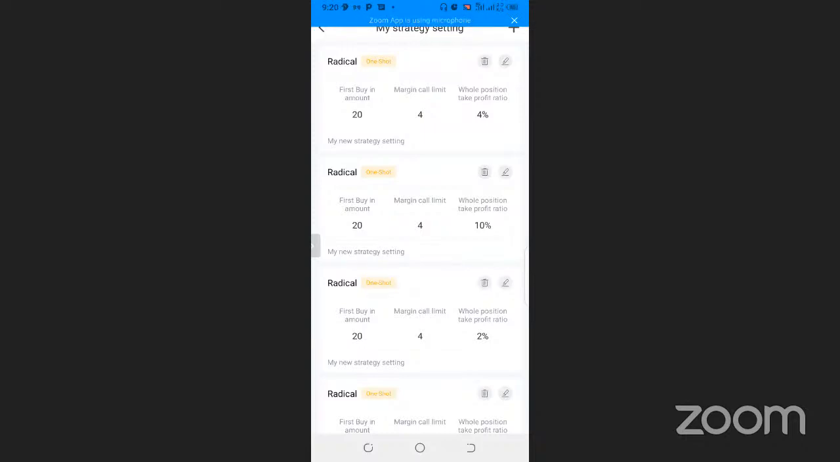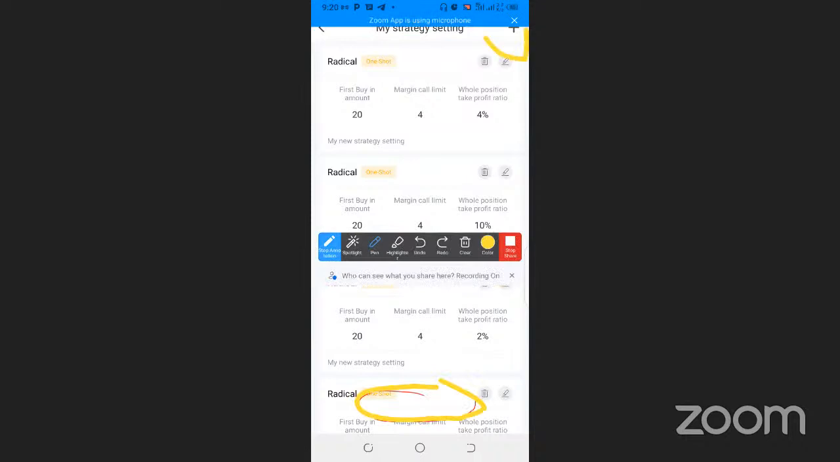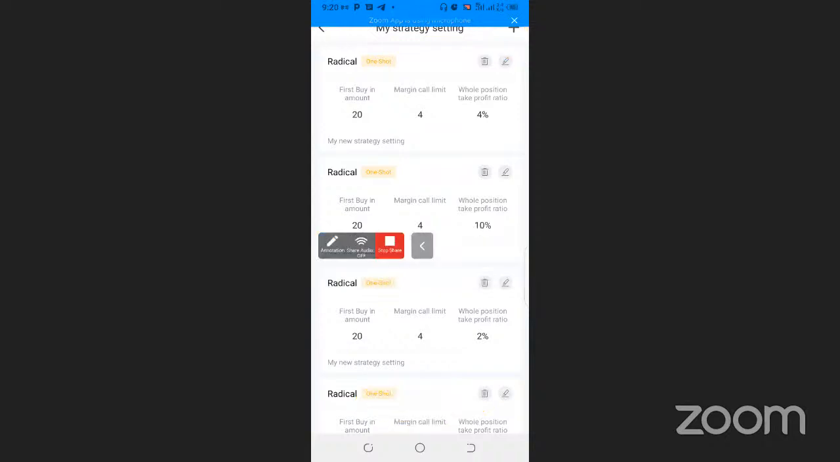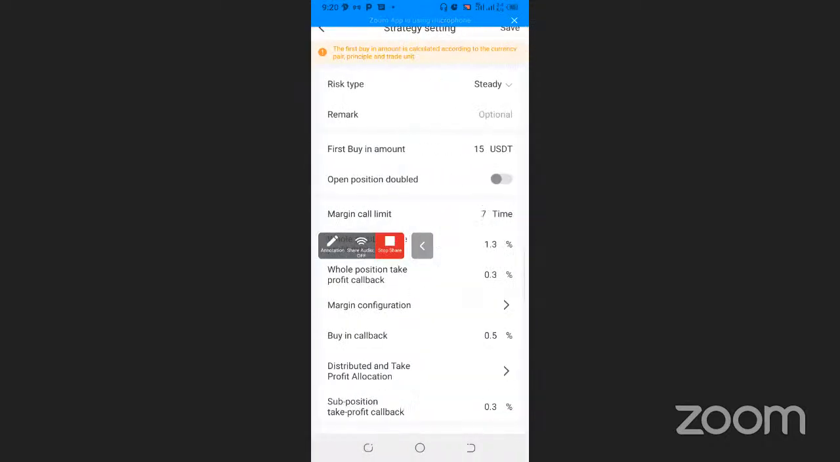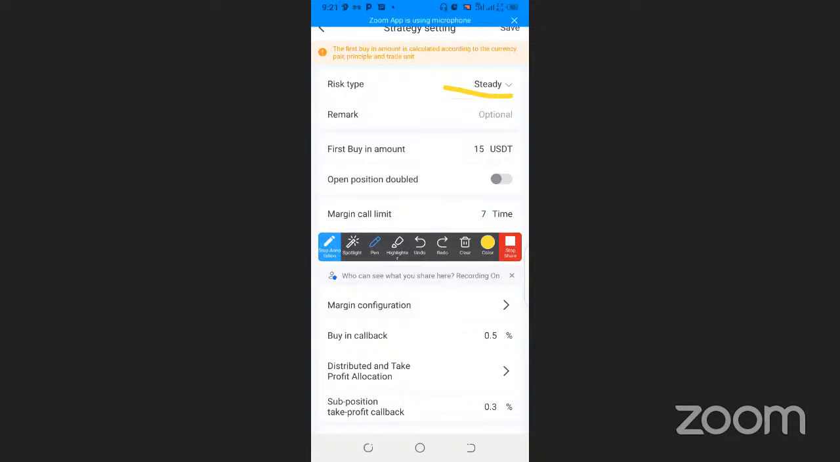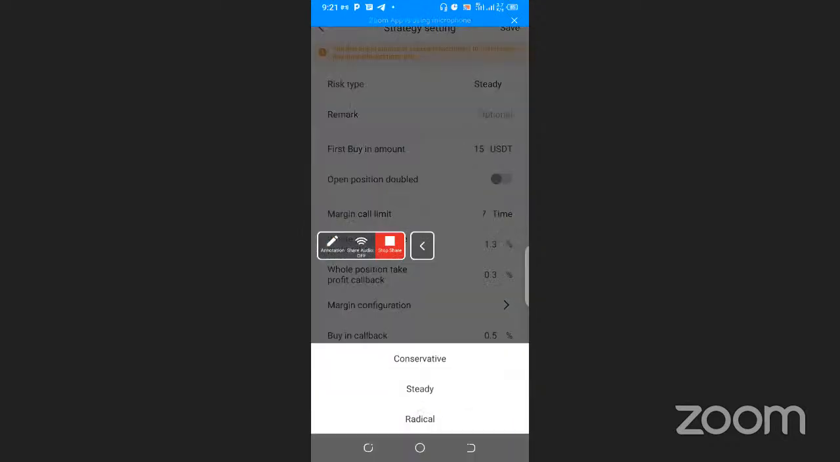Bear it in mind. Now, I want to set a setting of 10% take profit at the moment. How do you do it? You can look at this place. You will see a plus sign up here, and you click on the plus sign. It will take you to this place. You can see radical, steady, and all these options. Now, you click on the steady. When you click on it, you can see the three options: